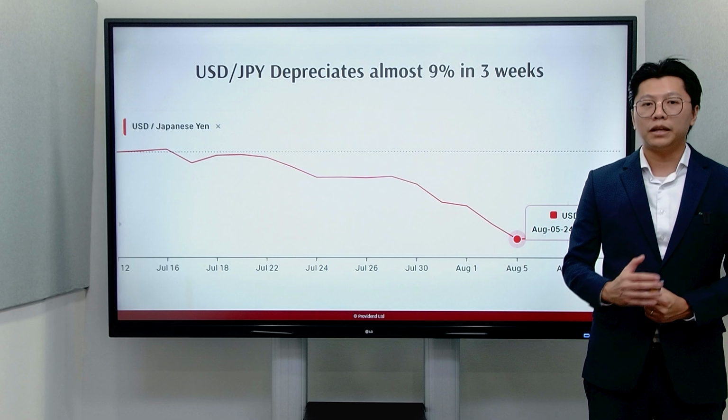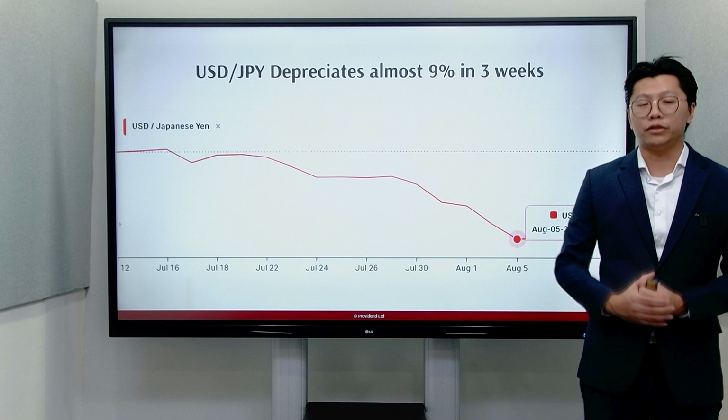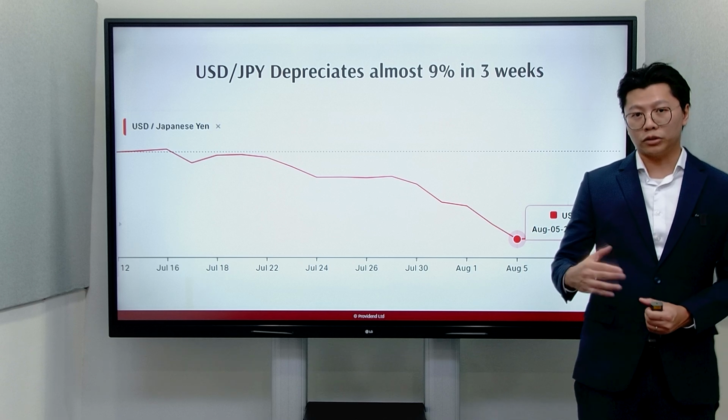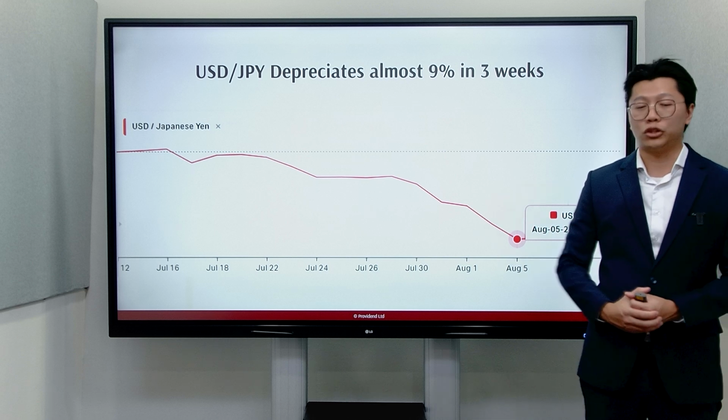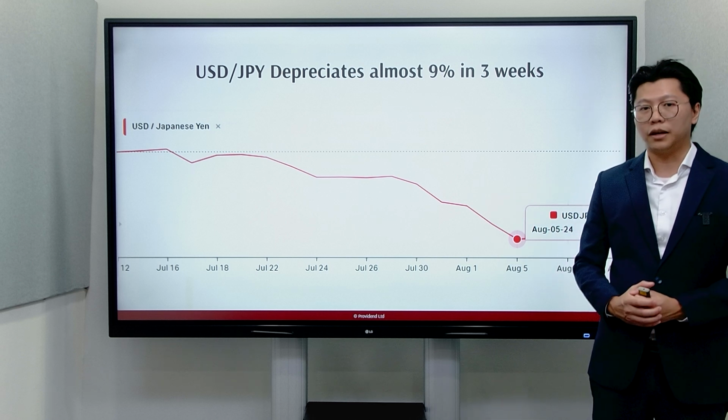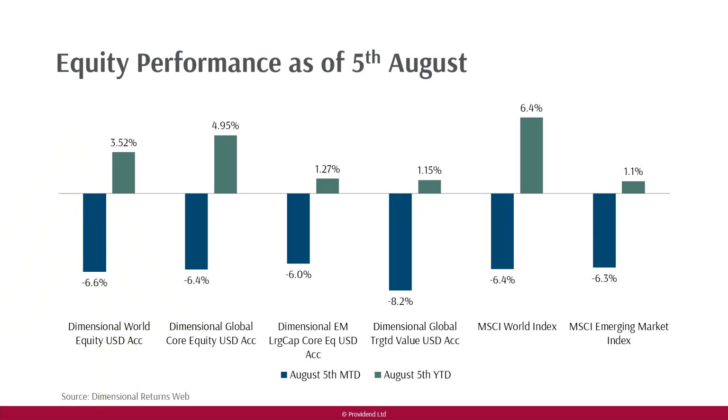As a result, many investors who engage in these carry trades have to sell off their existing investments in the US, like stocks, bonds, and what I mentioned just now, the money market, and then use it to cover their losses via the yen. As a result, you can see that the Dimensional funds and the market indexes fell more